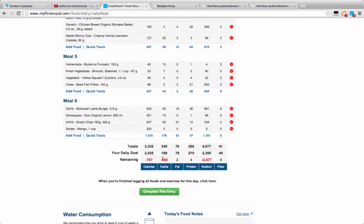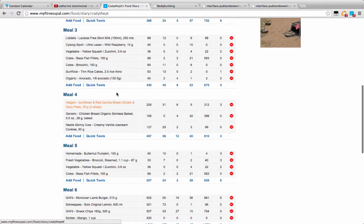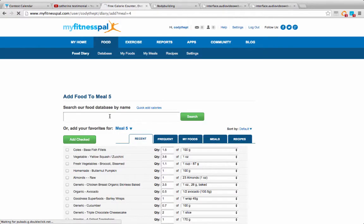So remove some of the fat sources, and I've got my fat under here now, my protein where it should be, which is good. Probably need to get some more fiber and some more carbohydrates. So I'm going to be choosing options like that to ensure that I hit those targets. So probably dropping out a little bit of protein that I have and adding in a can of no added salt beans,